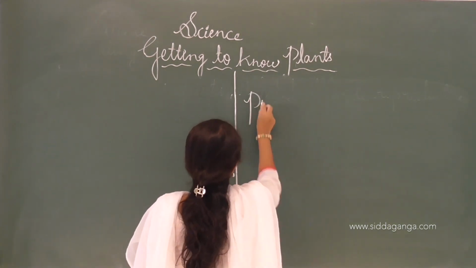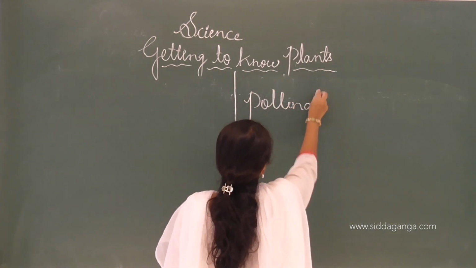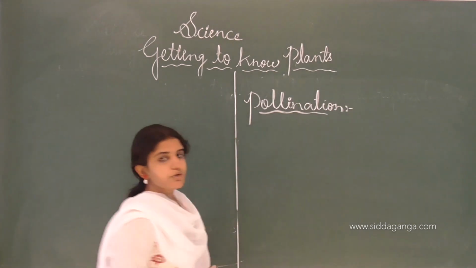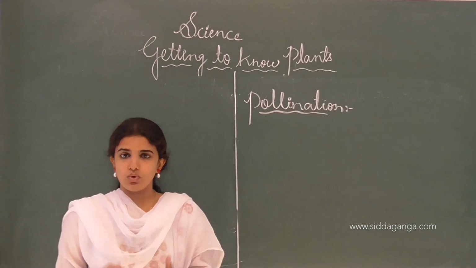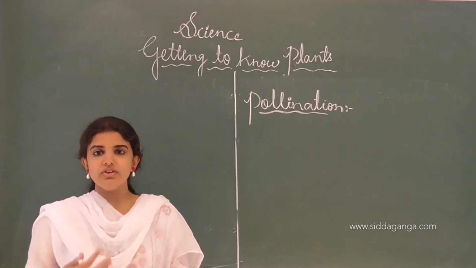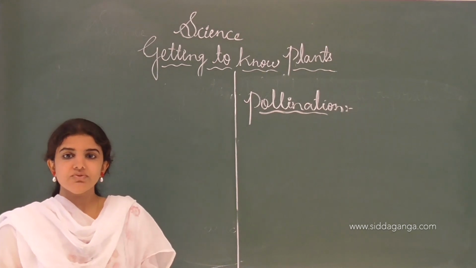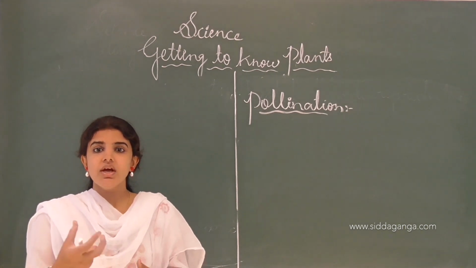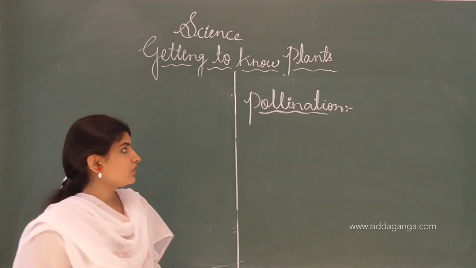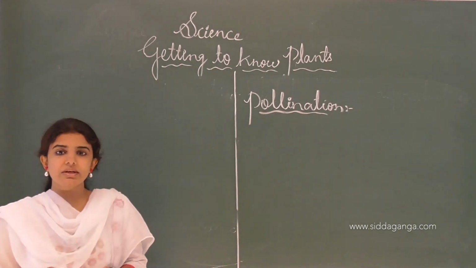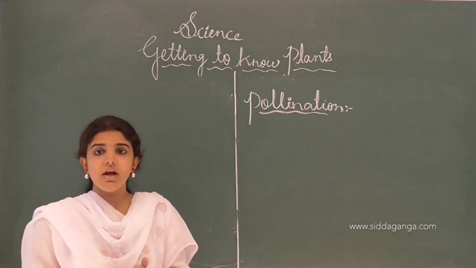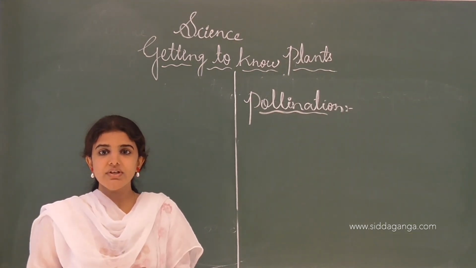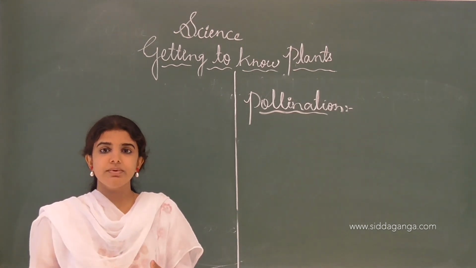Next one is the pollination. Usually the flowers, when they open, will carry out a process known as pollination. The flowers will carry out the process of pollination and this flower is matured. After maturing, it will convert into fruits by the process known as pollination. See, pollination is nothing but the transfer of pollen grain from anther of a stamen to the stigma of a pistil. The pollen grains will transfer, thereby the fertilization will take place.